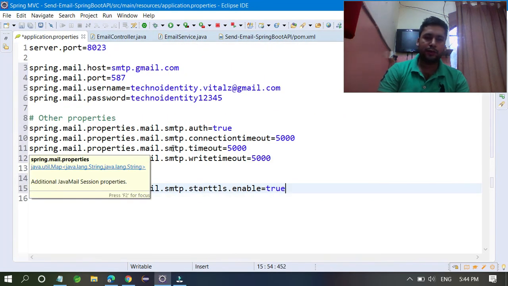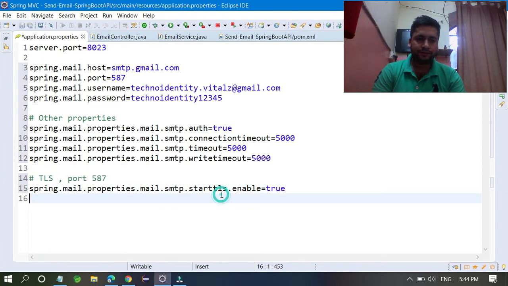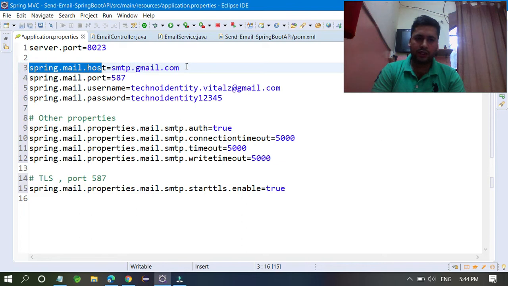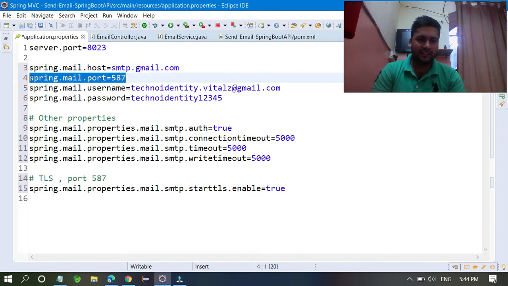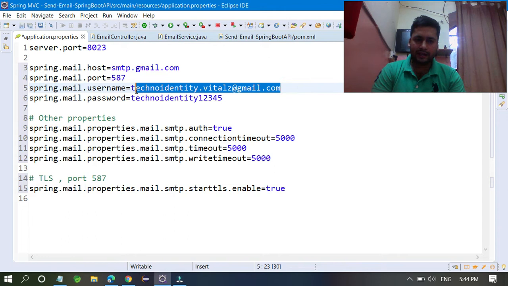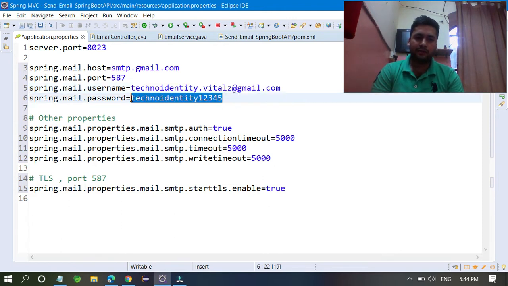What is there in these properties? First you see spring.mail.host, so our host is smtp.gmail.com. Then spring.mail.port, which by default everyone has, and this is the email ID. I know about this email ID, this is my email ID and this is my password. Through this email ID I am going to send email to anyone.